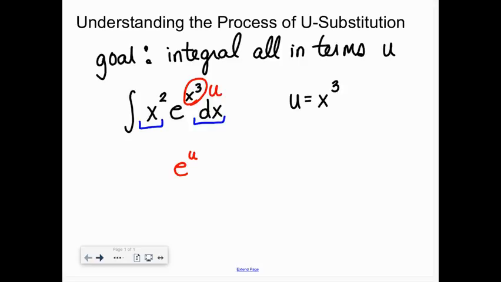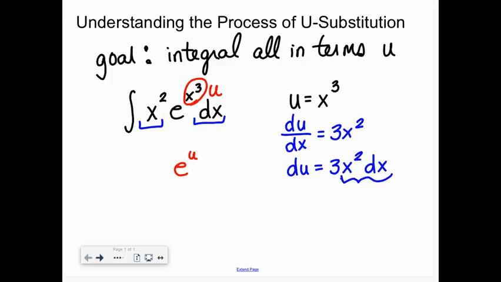Well, the only way that I'm going to get a dx is if I take the derivative of u, that equation I got for u, in terms of x. So I take the derivative in terms of x, and I get 3x squared. And look, now I know what the dx is going to be equal to. I multiplied both sides by du, okay? And now I have this x squared dx, like I do in my integral, but I don't have a